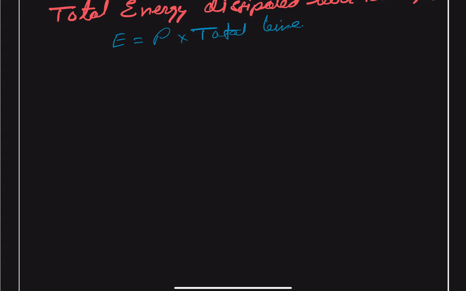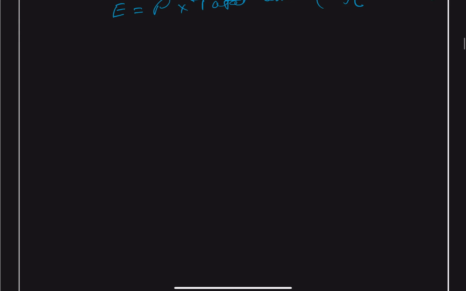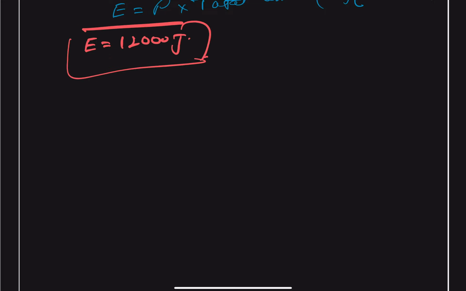Power, we already know, is 2.5, and total time comes as total cycles multiplied by 0.4. So our total energy is equal to 12,000 joules,